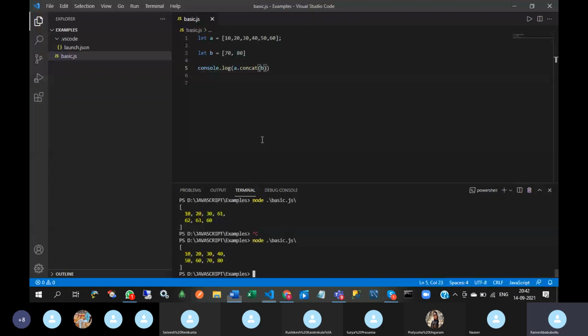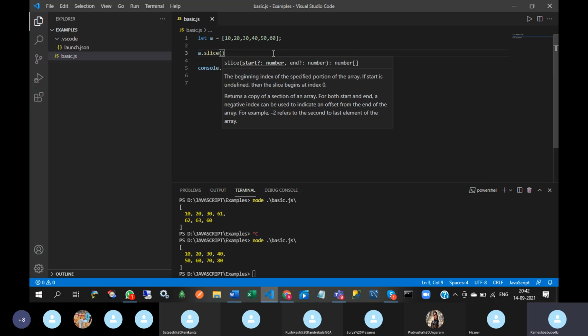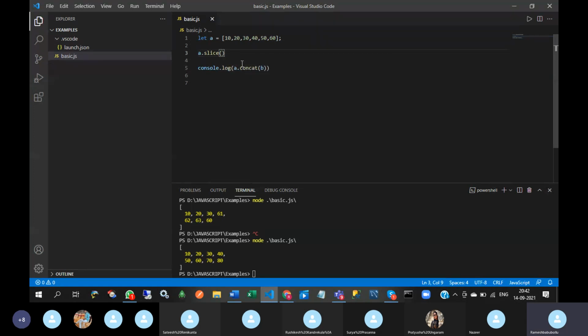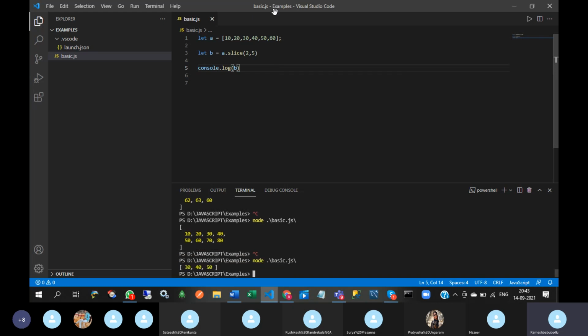Next one, slice. Slice means a dot slice. It returns a copy of a section of an array. Here I'm going to give 2, 5 and let b equal to that, and I'm going to display the b value.